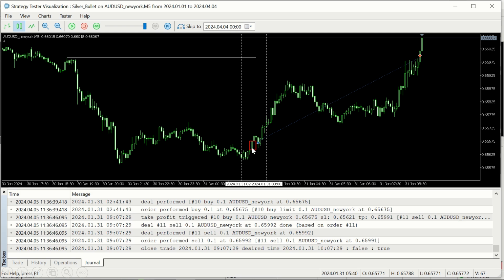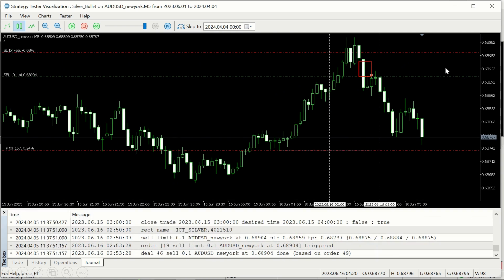We have our stop loss 2 pips below the fair value gap, and the target is at the next liquidity zone, which is here. So this produced a beautiful profit. The next trade,